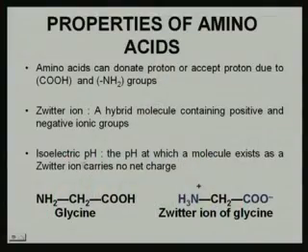The isoelectric pH is that pH where a molecule exists in the zwitterionic condition. That means no net charge is there, so positive charge is equal to the negative charge. That means, when we pass this protein molecule or this amino acid in an electrical field, there will be no movement because the net charge is 0, or neutral.